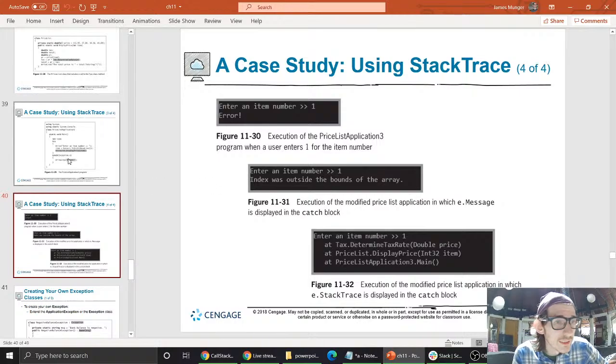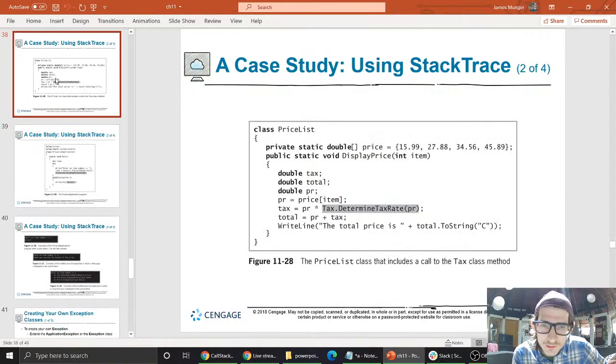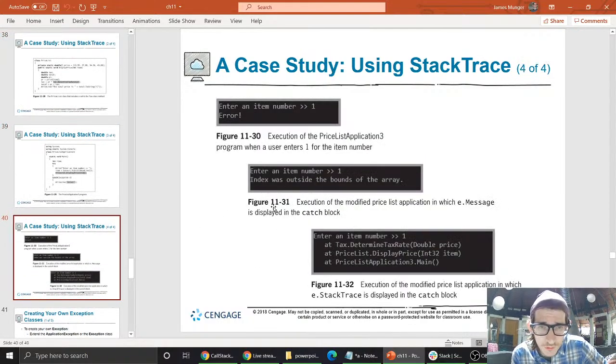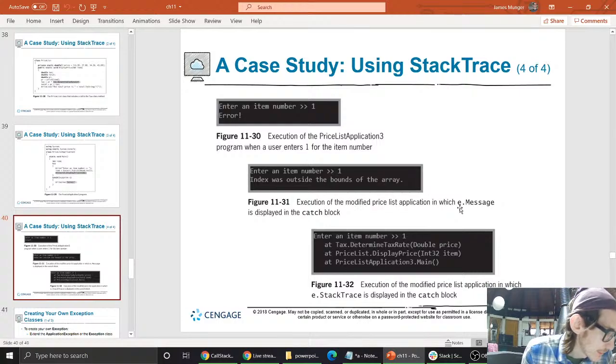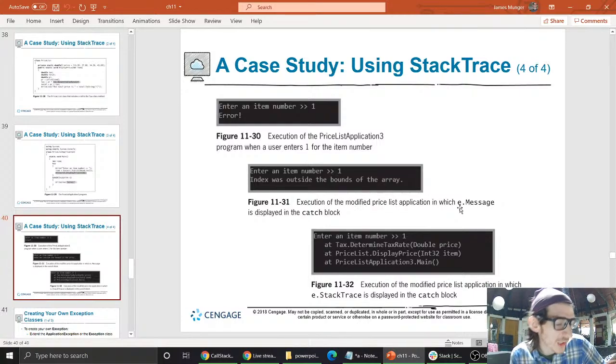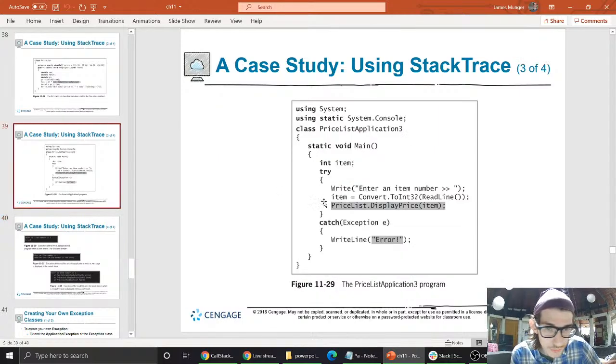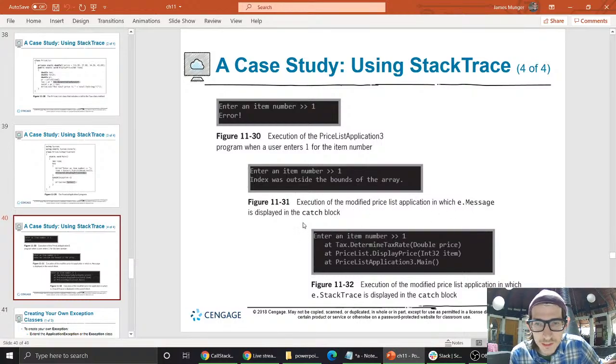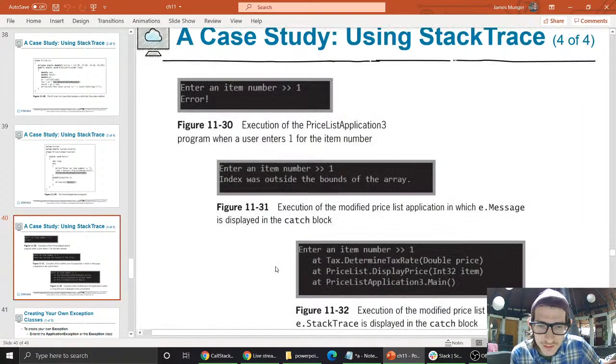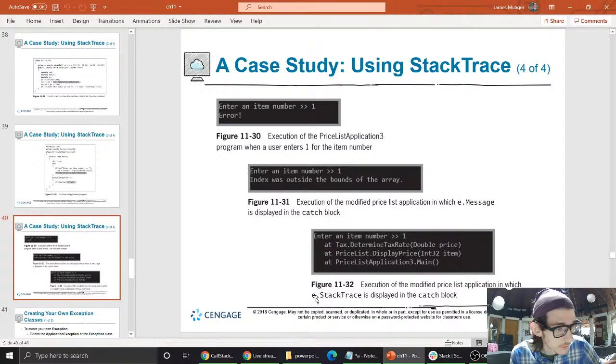This one is this one back here. Well, this was the original one from before. Well, they're just printing out the exception error. So again here, E, that is the exception. Remember, I see in the code they've named it error and they've named it E, but you choose the name of it here. Okay, so here they're accessing the message property of the error to show index was outside the bounds of array. All right, and then down here, they are accessing the stack trace property of the error,